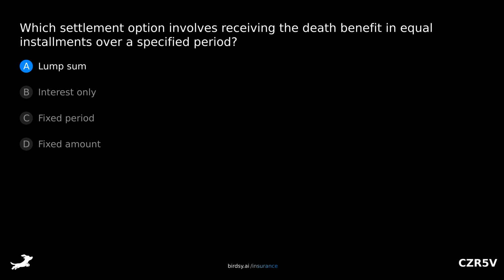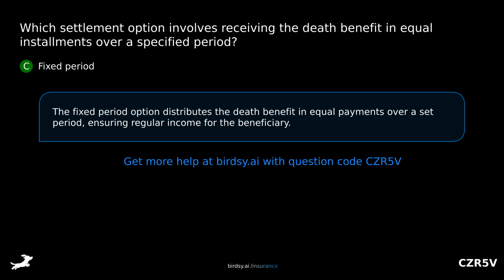Is it A, lump sum? B, interest only? C, fixed period? Or D, fixed amount? The answer is C, fixed period. The fixed period option distributes the death benefit in equal payments over a set period, ensuring regular income for the